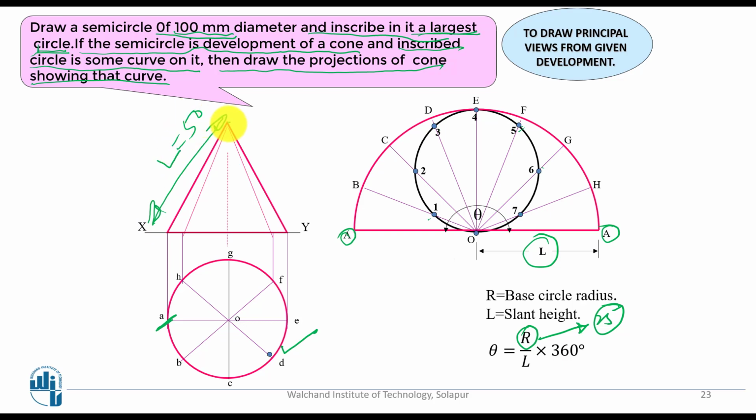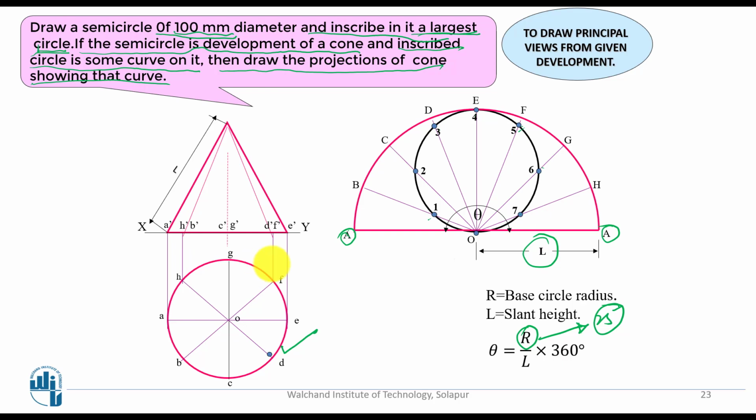You have got this as an apex point. You draw this line, the axis line. Then keep the compass at this point and cut this. You will get this as 50 millimeter. By taking this dimension as 50 millimeter, you transfer the 50 millimeter here. Now in the next step, we are going to give the corresponding names: a dash, b dash, c dash, g dash, d dash, f dash, e dash, h dash. All these points you have given a dash mark.